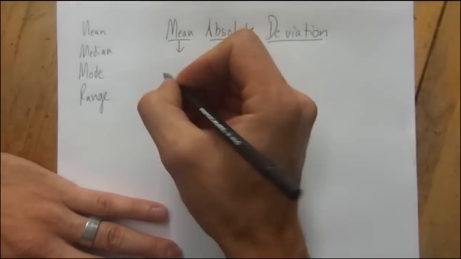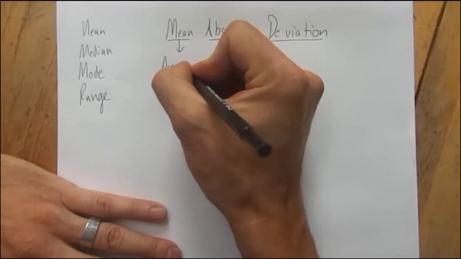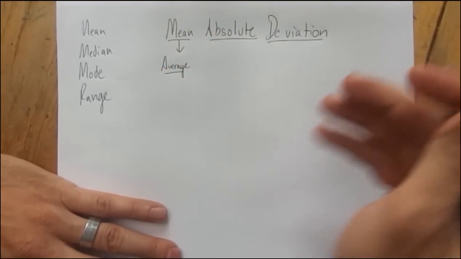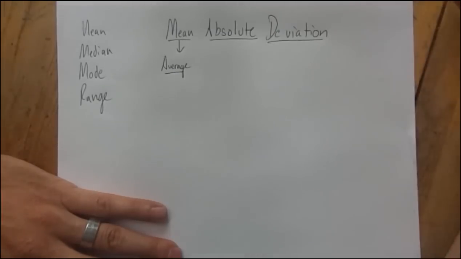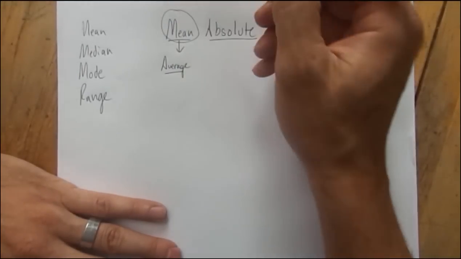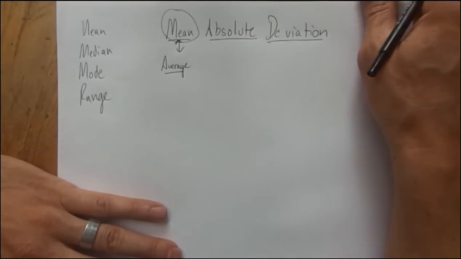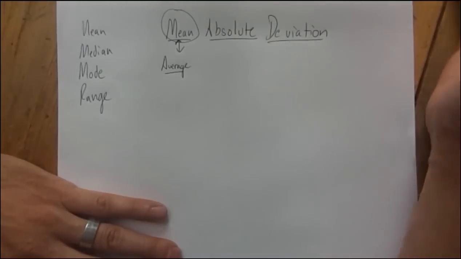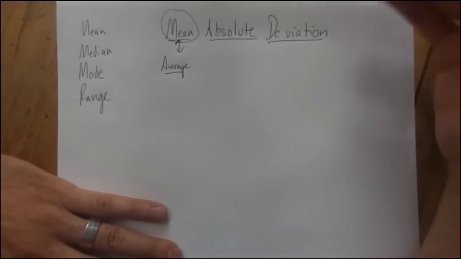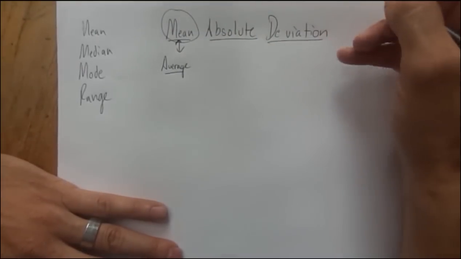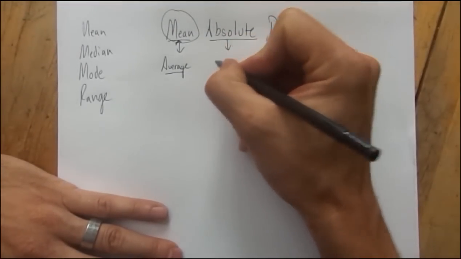First of all, you know what mean is. Mean means average, right? We've talked on Khan Academy. You've talked with Mr. Khan about what the definition of mean actually is. It's one of the meanings of average. There are other averages, but when we're talking about mean, we usually say average. Absolute refers to